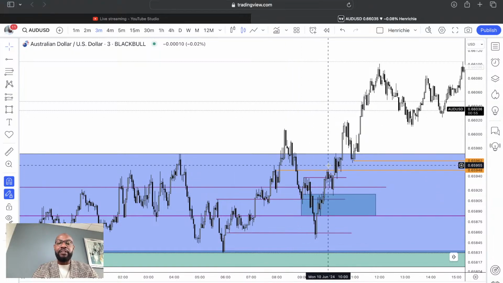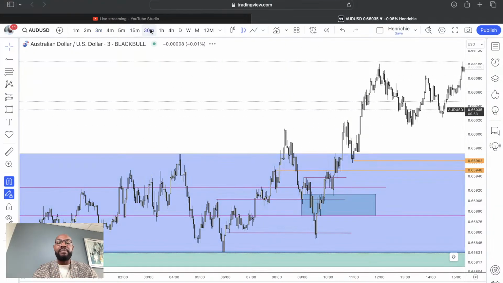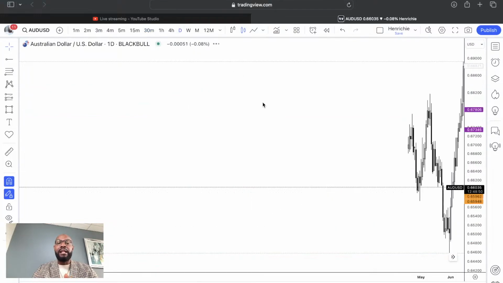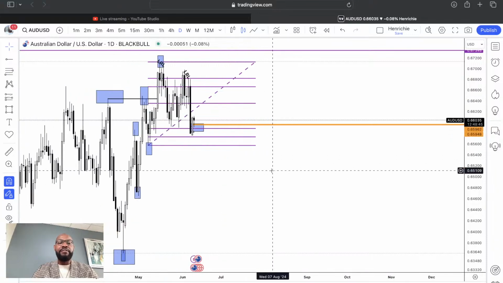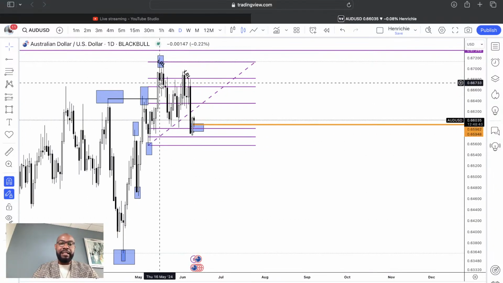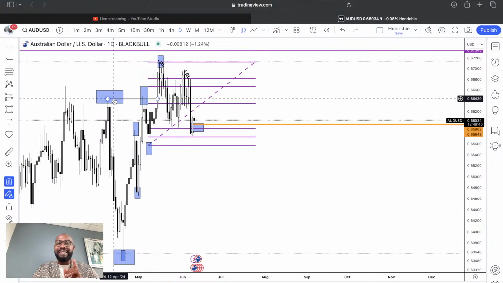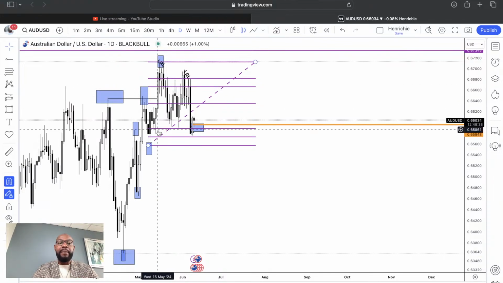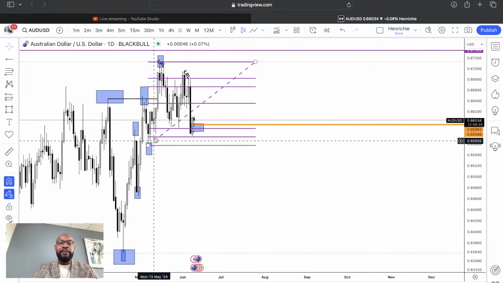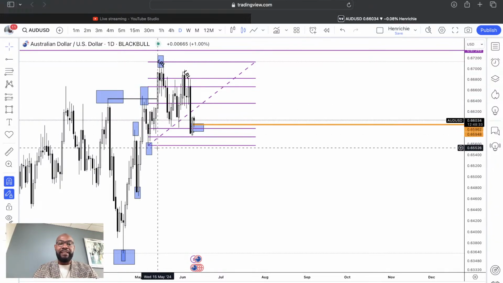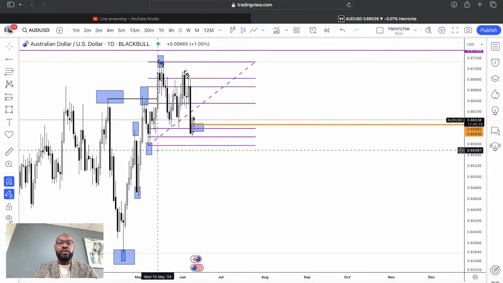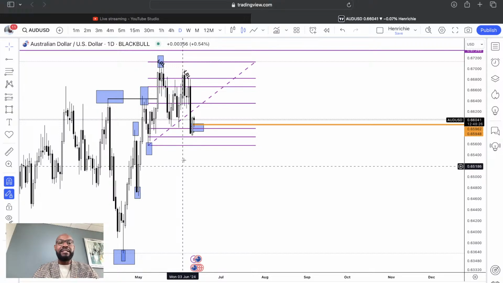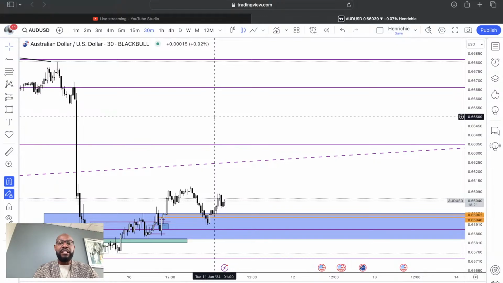So after missing this second entry, what I did was I just went to 30 minutes time frame, because I have an understanding that my point of interest is also a daily key level, because we have a daily high, daily low, and then a daily break of structure on the daily time frame. So that means this key level right here, which is my point of interest, is also significant on the daily time frame. This low right here, liquidity that got taken, is also on the daily time frame, which means I will also need to see a 30-minute shift of market structure for me to be confident to look for a